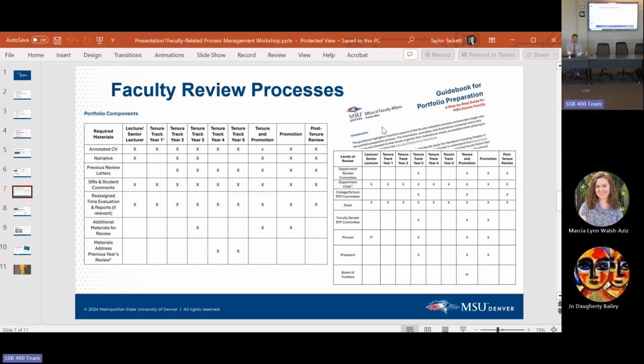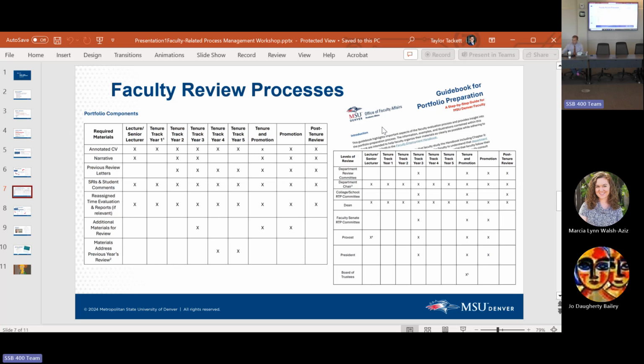We'll set up a process to review the positions sometime mid-spring semester so that you go into the review processes knowing how many lecture lines you have, and we avoid even the potential for saying, we love you, we want you back, oh whoops, sorry, there's no money, and having to essentially renege on it. So understood. Thank you.